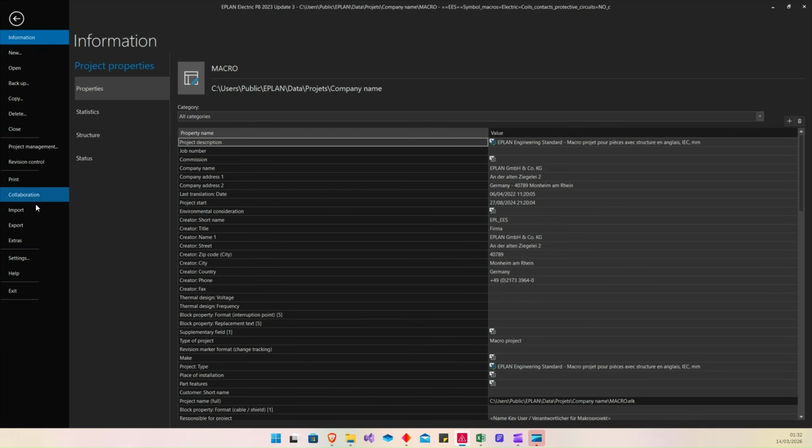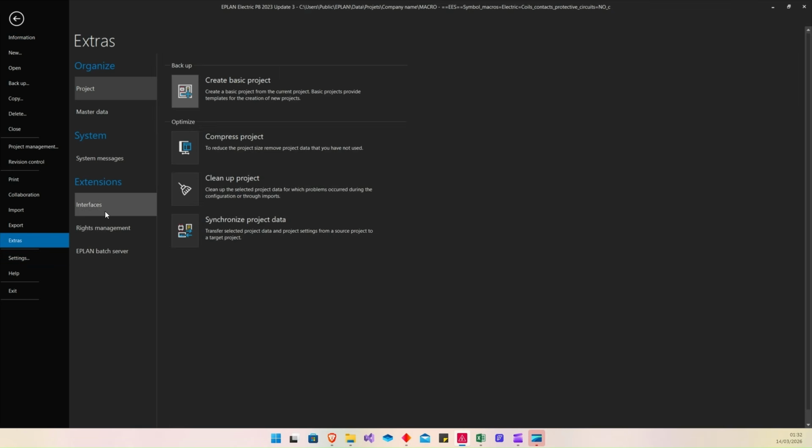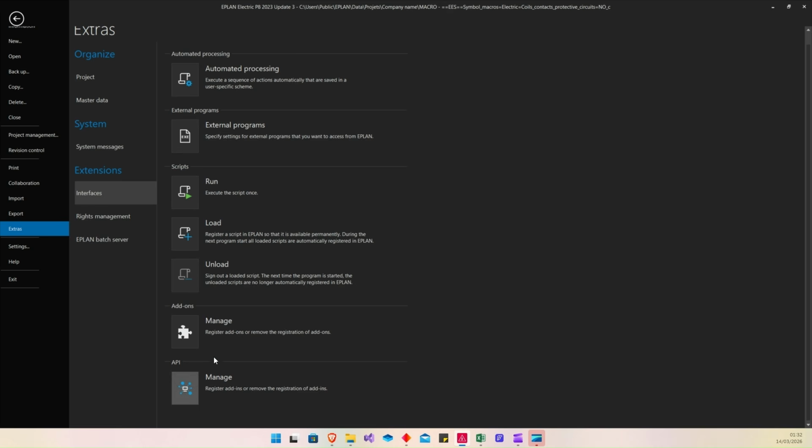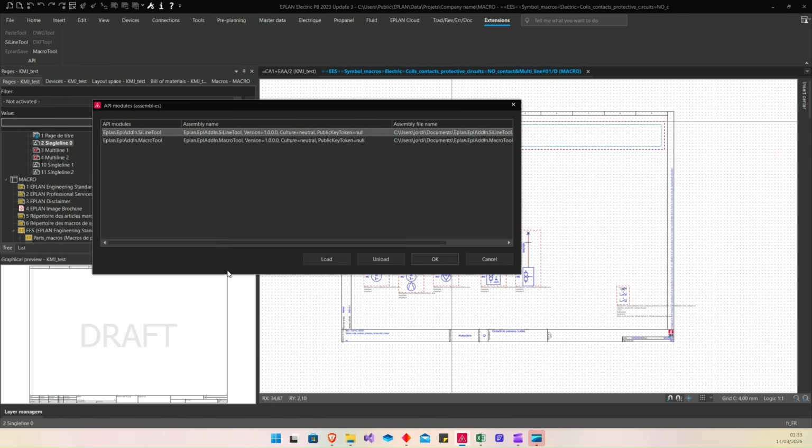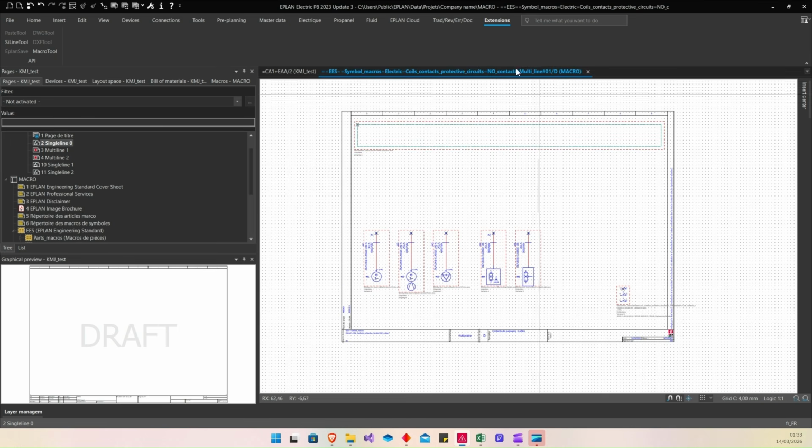If you don't know how, go to Extras, Interface, API. Then you can load and select the DLL of this Macro Tool, and okay. So now we have a Macro Tool button.